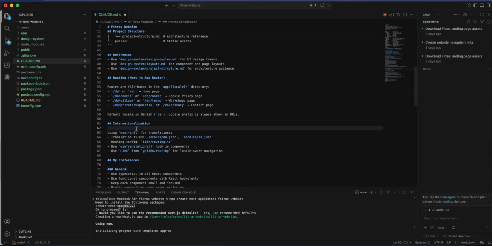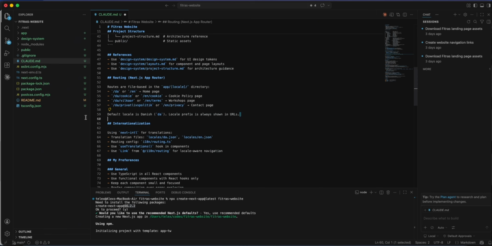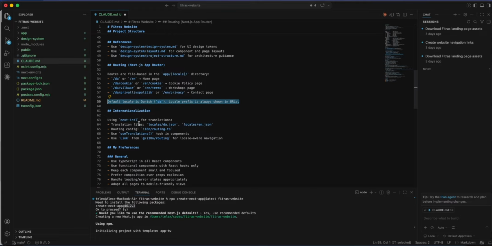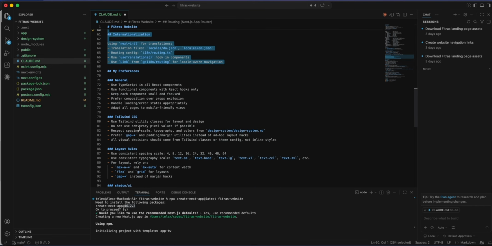Nice. All right. As we talked about, and then here you can set which language should be the default language in which the website should be shown. I'm just going to keep it in Danish for now. This is just some configuration for the packages, and then these are just general preferences. So TypeScript